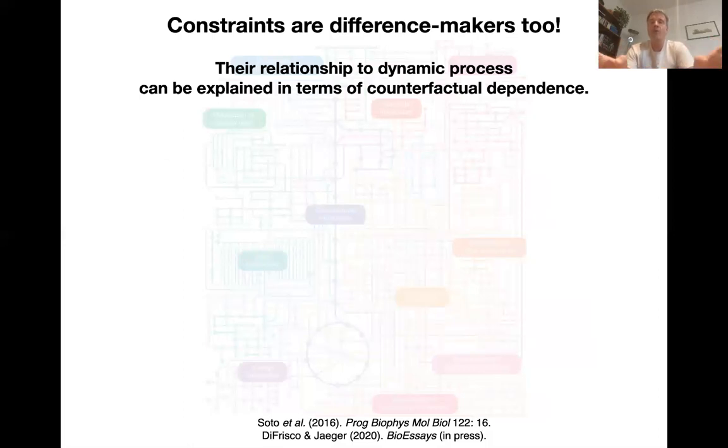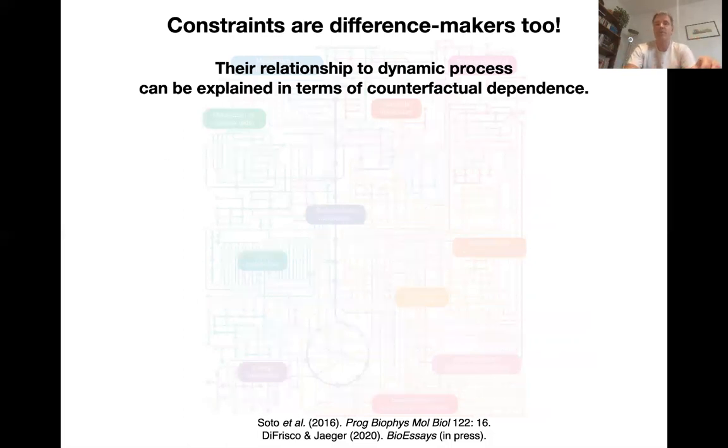There is no miracle here. Constraints are just another kind of difference-making cause. So they fit perfectly well in a counterfactual account, just not that specific account of actual genes as difference makers. Constraints have a specific relationship to a dynamic process that can be explained in terms